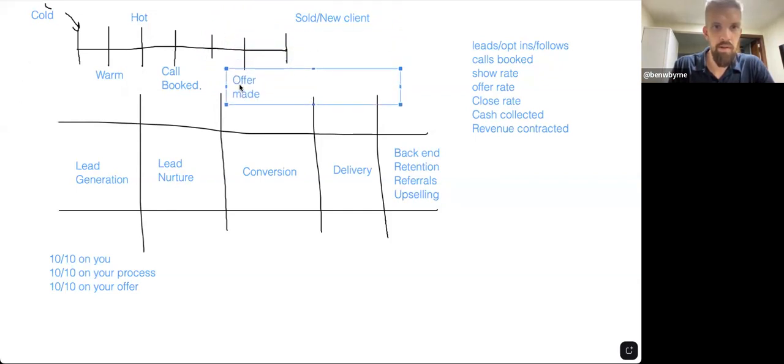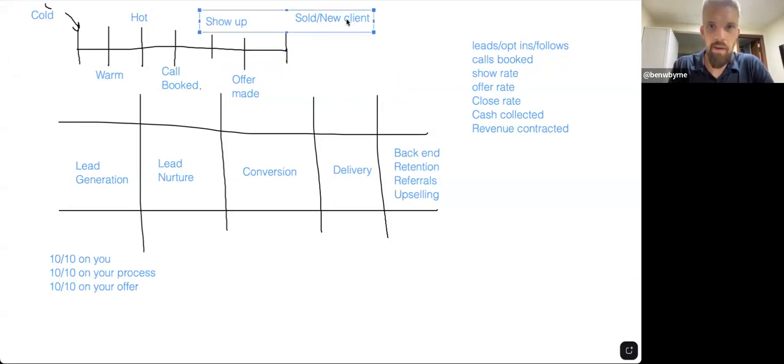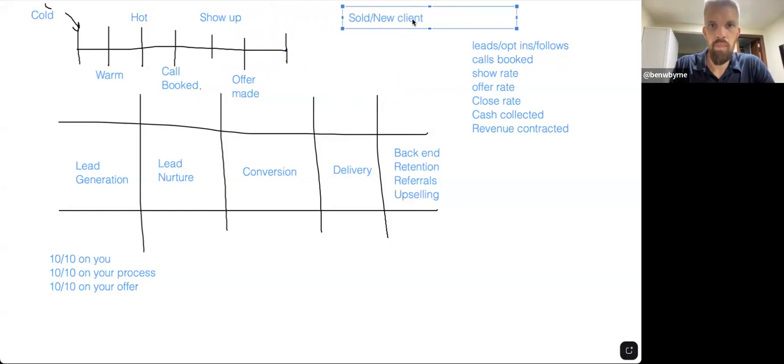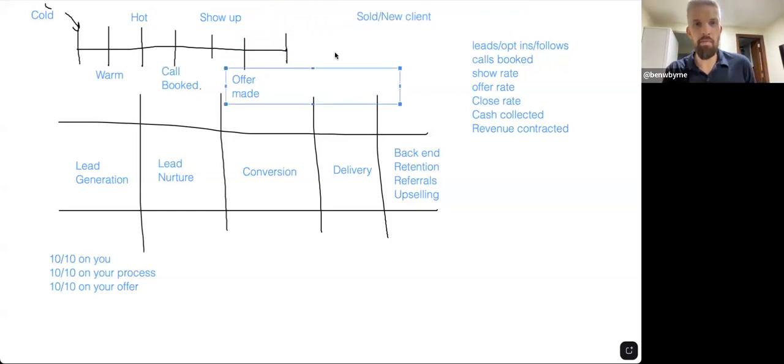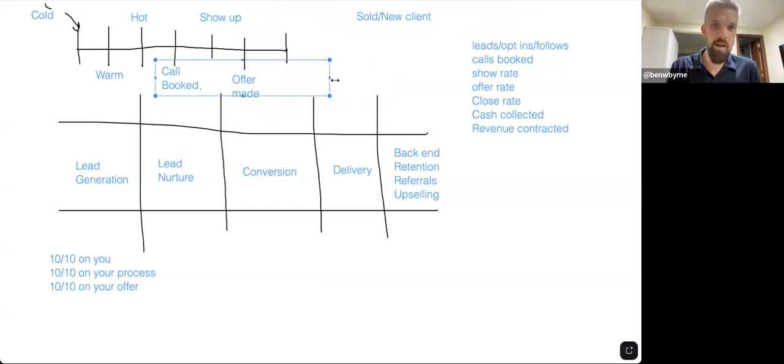Put this guy back down here. So they have to show up. You have to make an offer. And then really there are a few more steps, so I might extend this a bit. Because what happens? Not everyone buys after they jump on a sales call. If they did, that'd be awesome. But a lot of the time it goes to follow up.